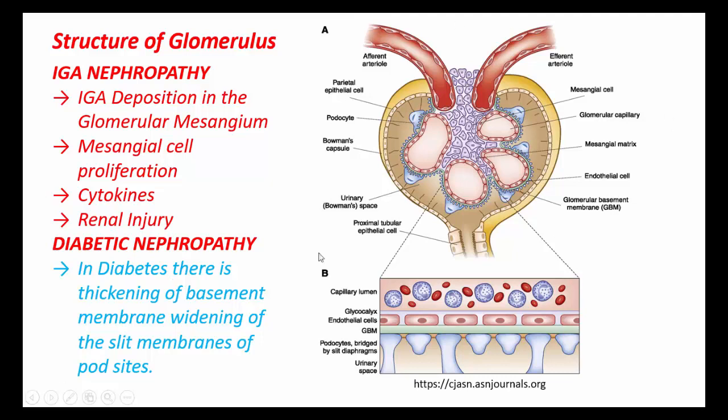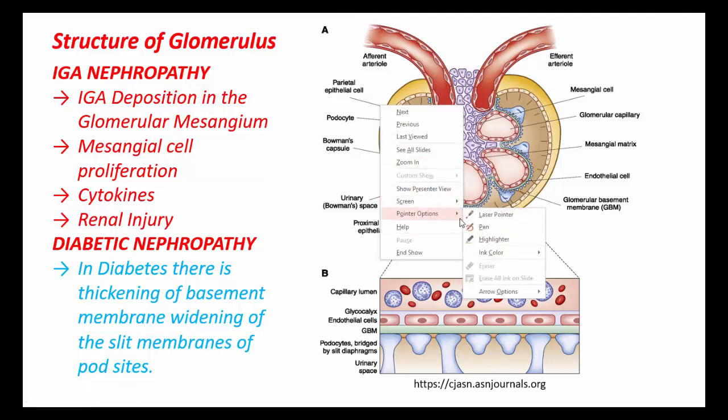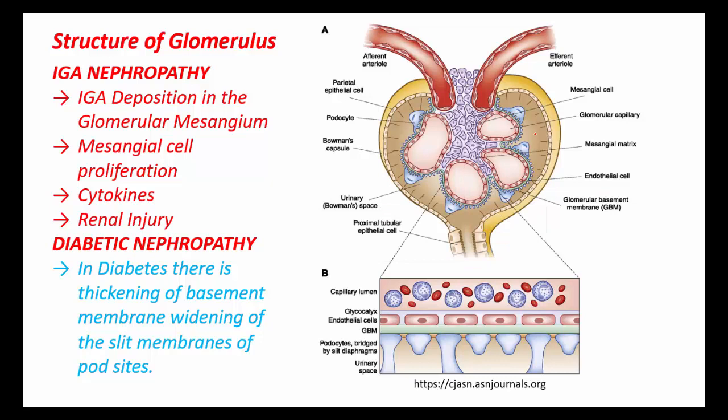So what happens in diabetes? Normally, whatever glucose is filtered through this structure, all of it is reabsorbed back to the blood through the proximal convoluted tubular cells, because there are receptors for sodium and glucose, and they co-transport and reabsorb the sodium and